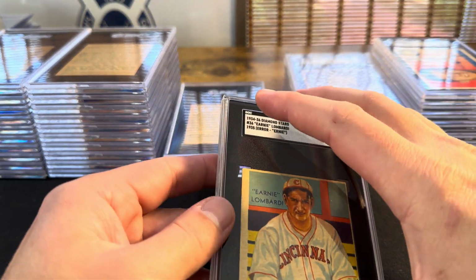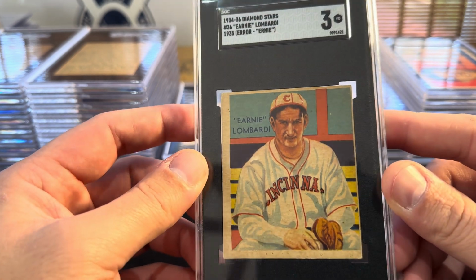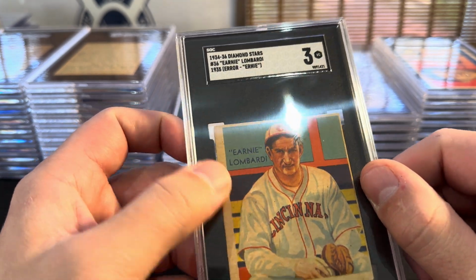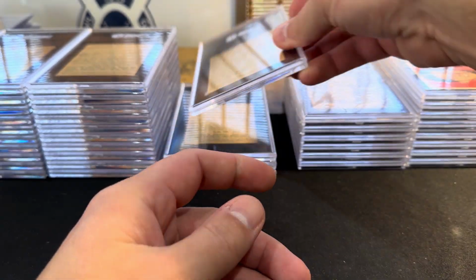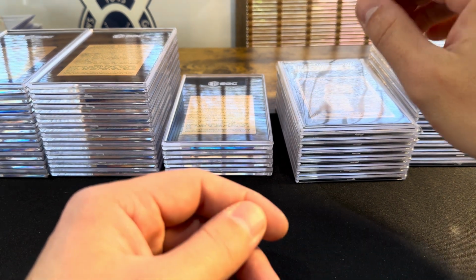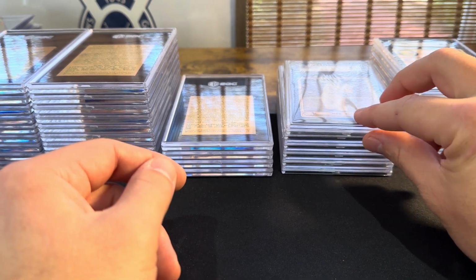Arnie Lombardi. I said 2 here, they said 3. So they did 1 better here. You can see why I called it a 2, just miscut. A little bit of a paper loss thing here on the shoulder too, but they gave it a 3. So far, through all those cards, I haven't done worse on any card yet. Now I think there are a couple, if I remember correctly, but so far so good,